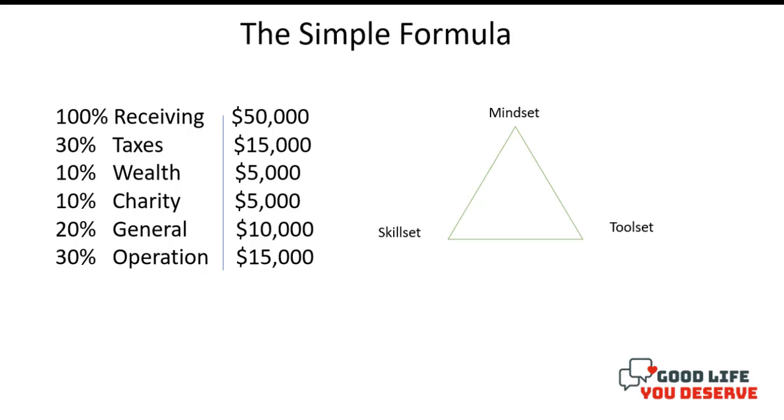The second thing is the skill set. You have to increase your skill set. A prime example, a doctor or a surgeon has a certain skill set to do what he or she does, right? Same thing in business. You have to develop that skill set. And third, you have to have the tool sets. You have to have the right tools to allow you to be able to scale to that particular income level that you want. If you're in an online business, you got to have an autoresponder, right? And the way that we teach it, you have to have a hub.